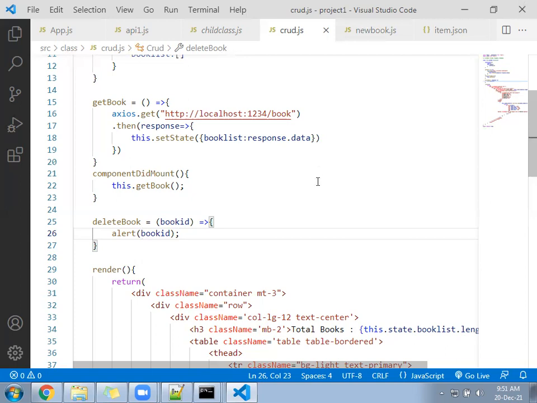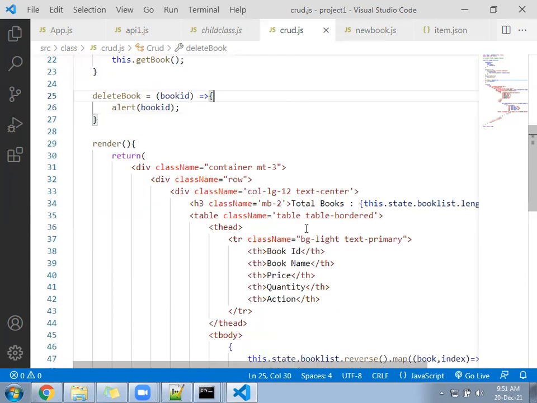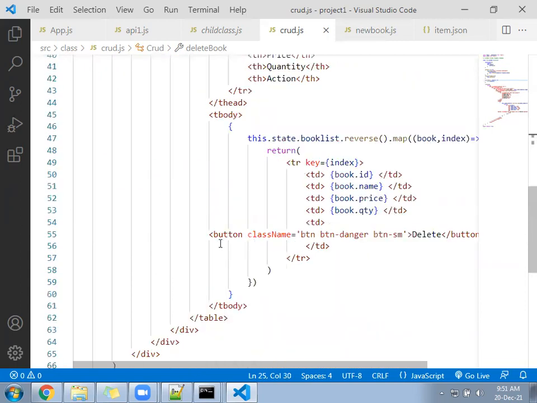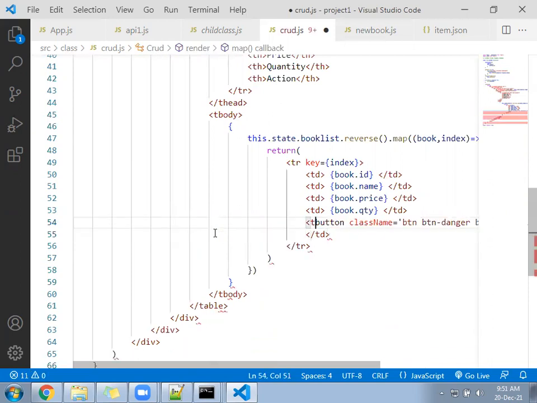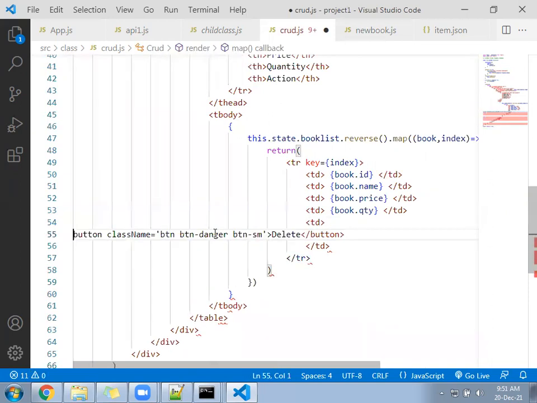Okay, after that, come down. Delete button we have. In the delete button, we can call the delete book function on click.